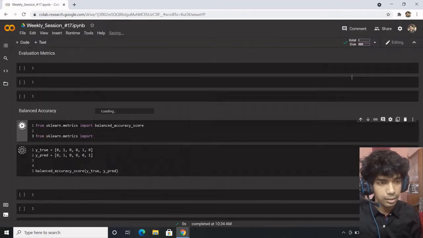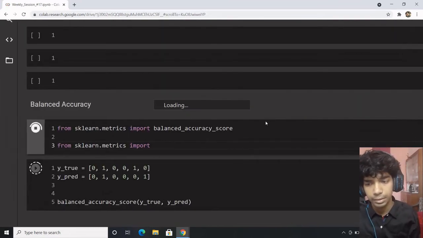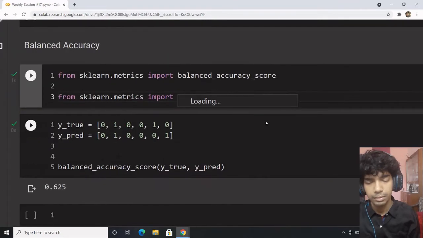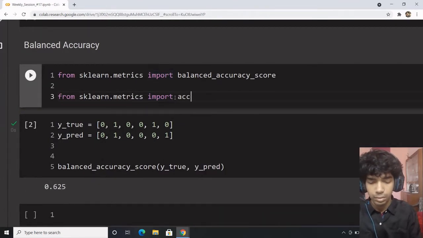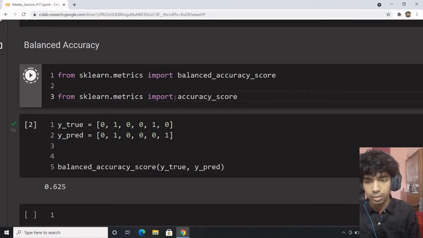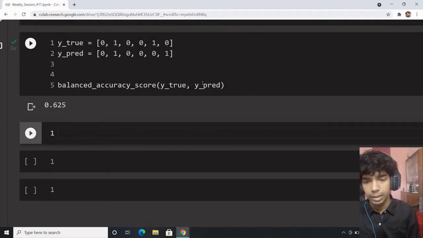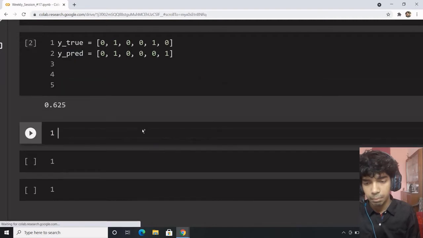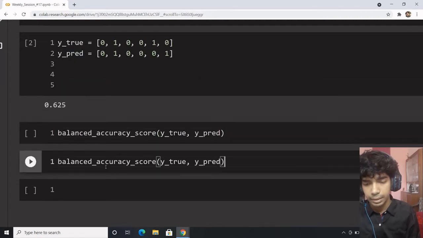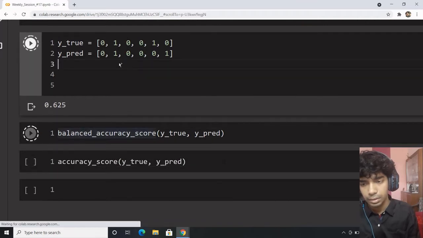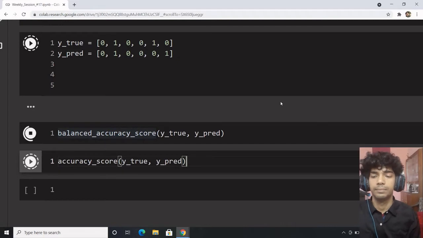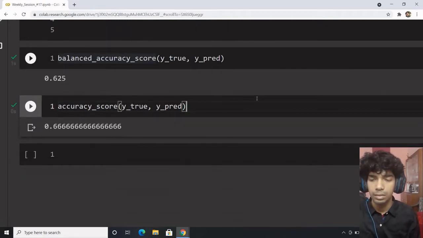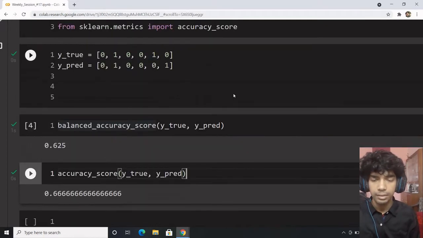I think the instance is starting. Yep, it started. Good enough. So that's the difference between balanced accuracy and accuracy score. Slight difference.